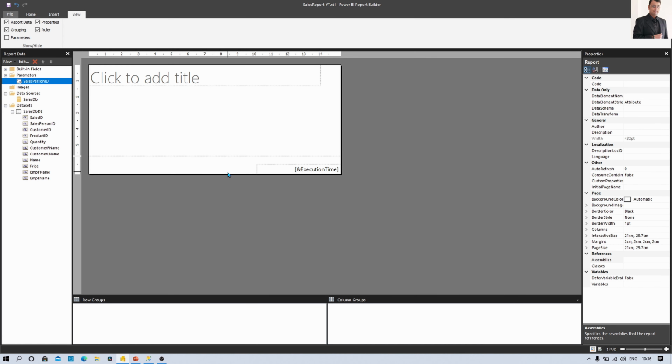Now the first step of the report development for paginated report has been completed. We have connected the data source and data set. Hope so far you are good with me. Now in the next session, what we are going to do here is we will build our first paginated reports template. So see you in the next session.